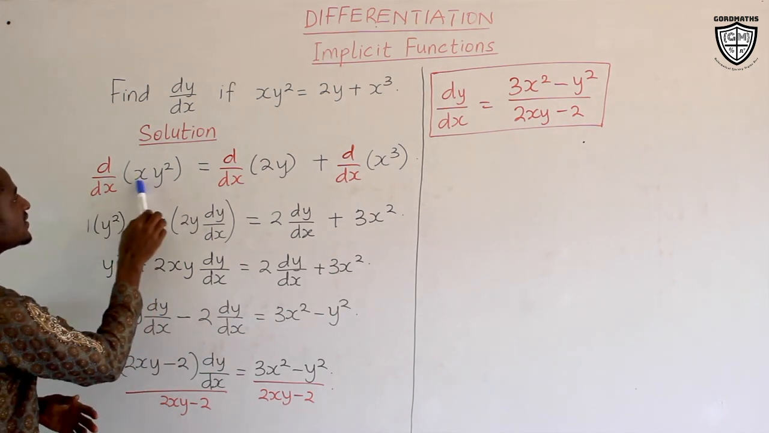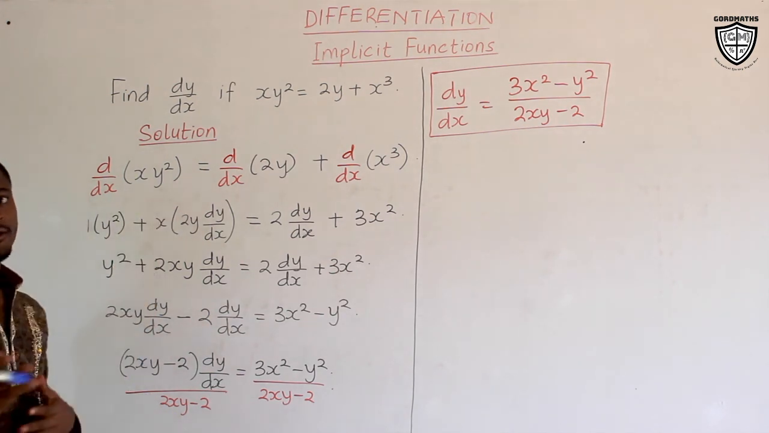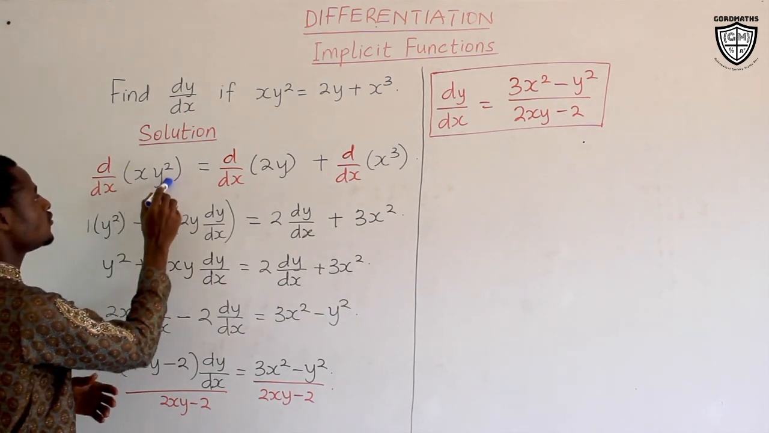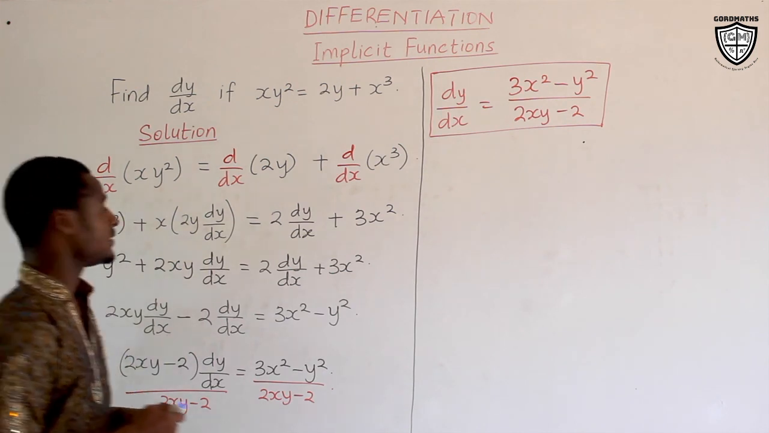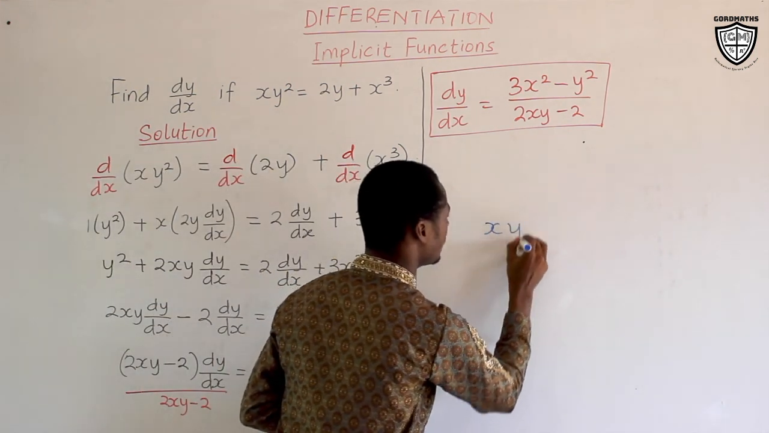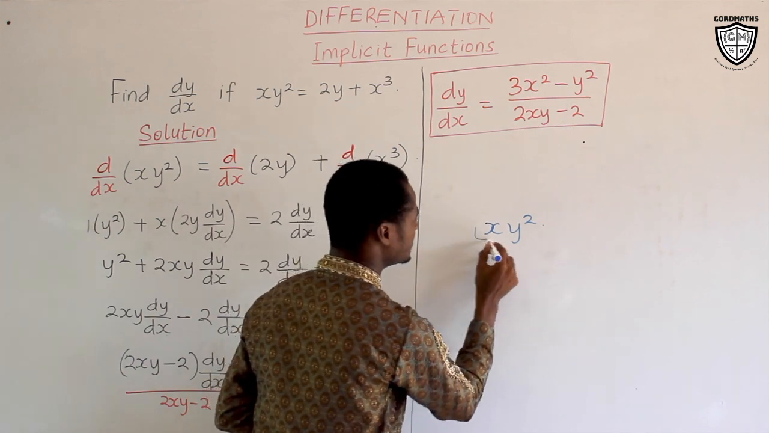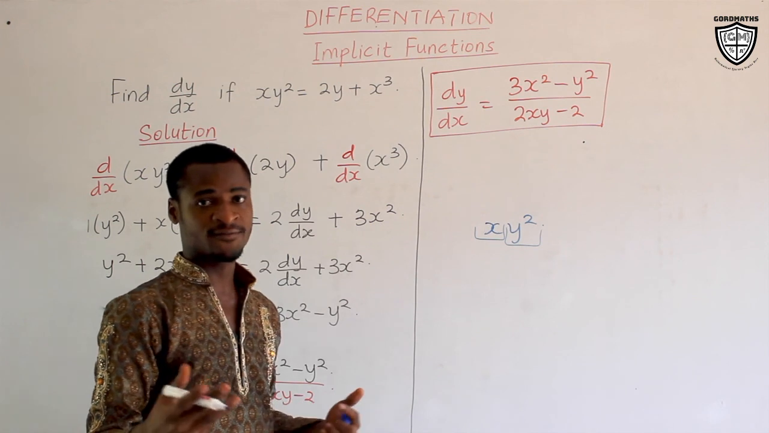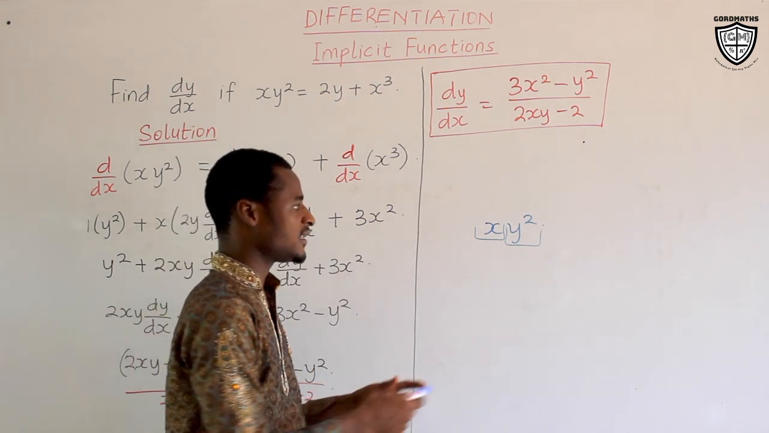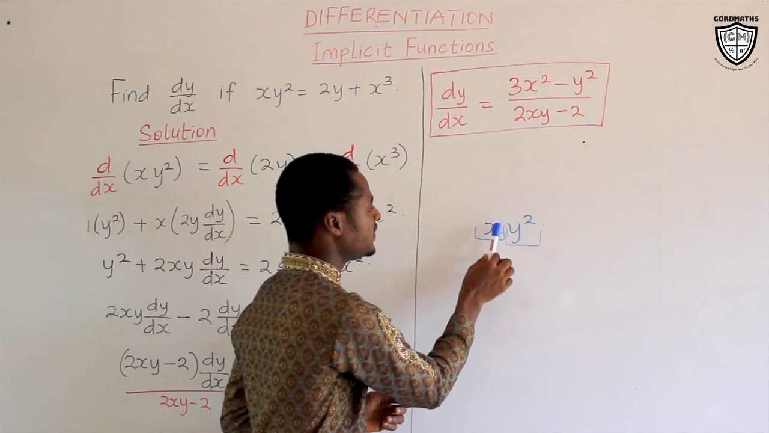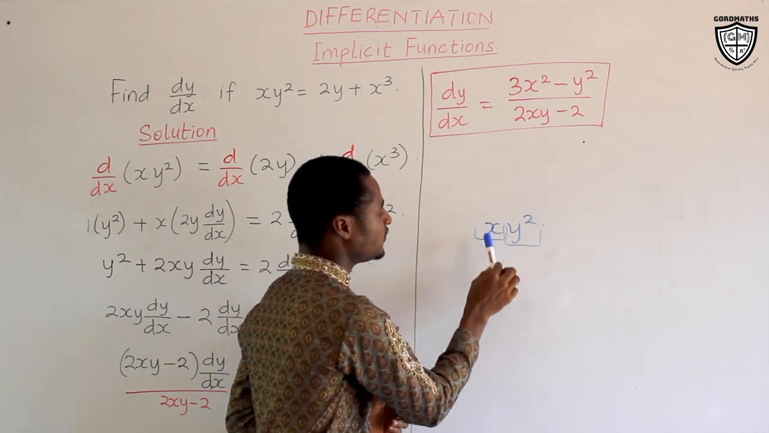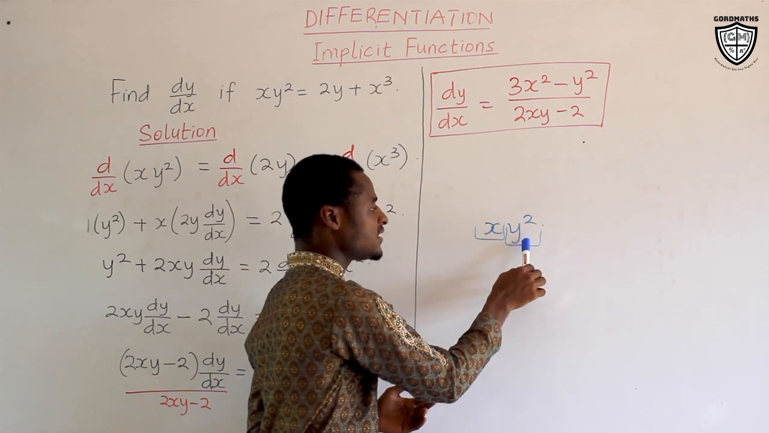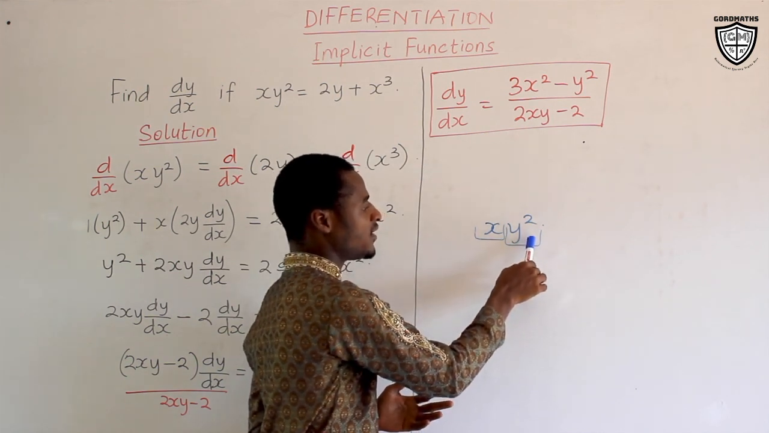Then this is a product function, and we have already done the product rule of differentiation, where if you have two functions multiplying, so this is x, y squared. Now this is our first function and this is our second function. And the product rule of differentiation states that in finding the derivative of this function, we differentiate the first function and multiply the result by our second function, plus we differentiate the second function and multiply our result by the